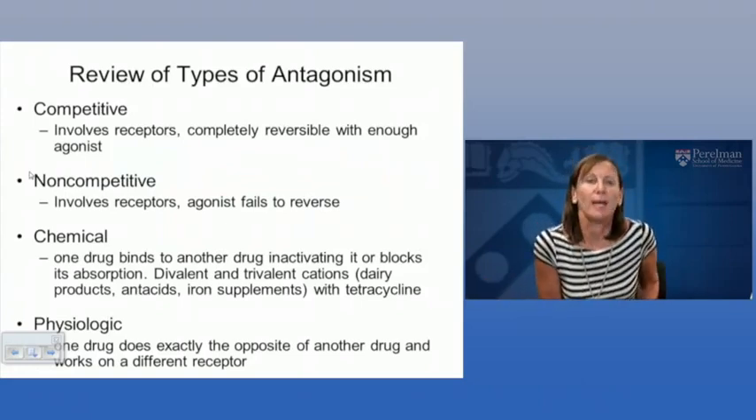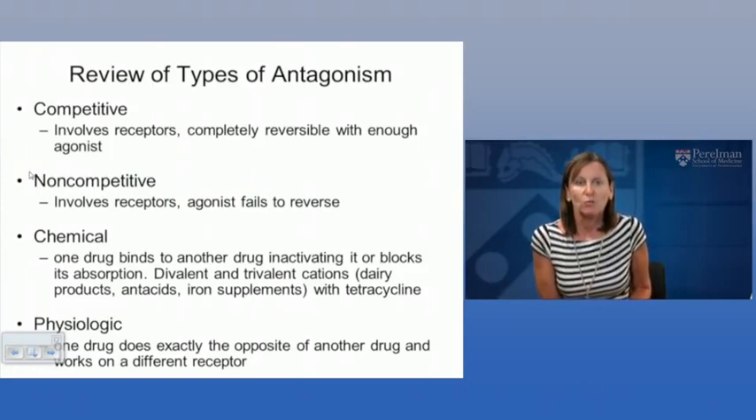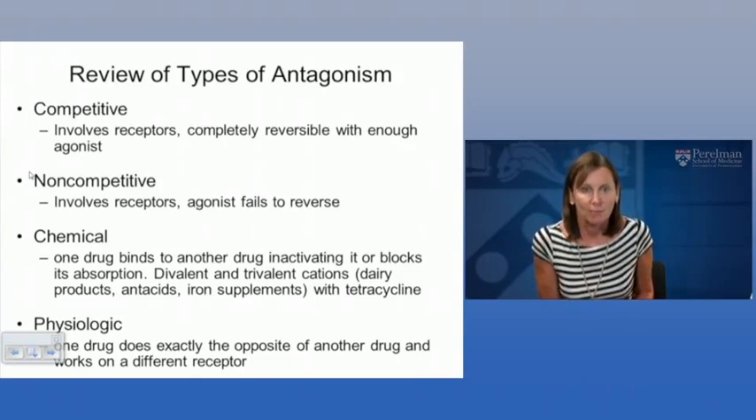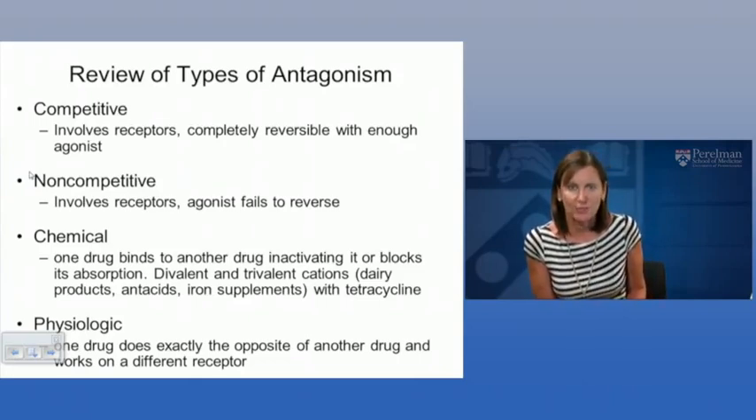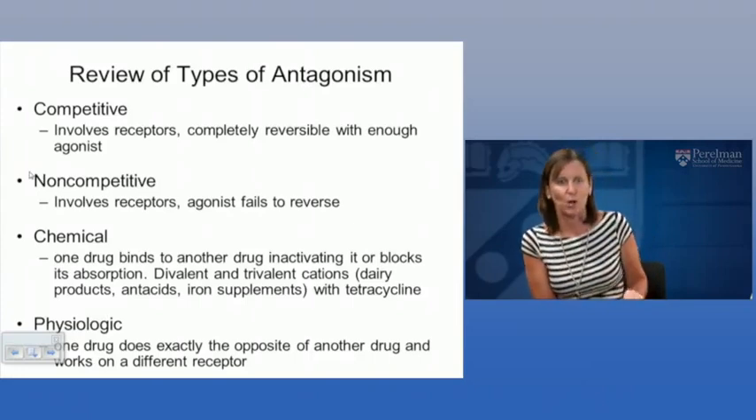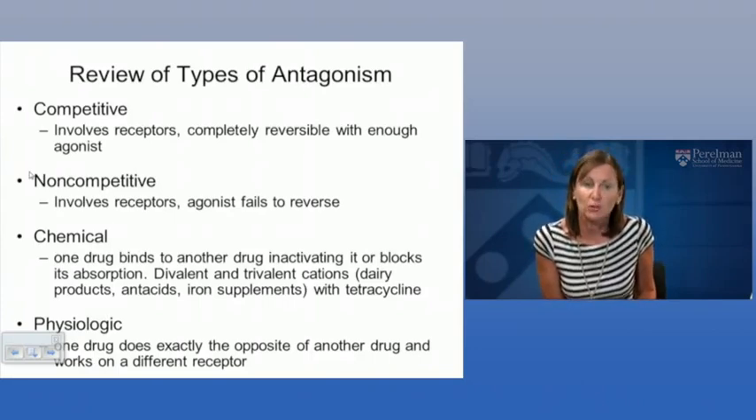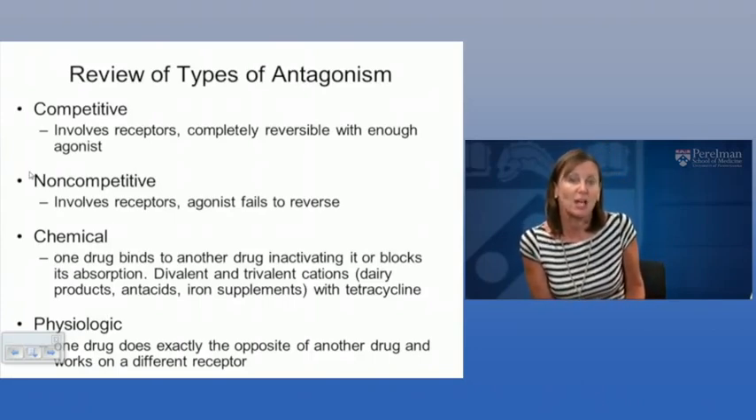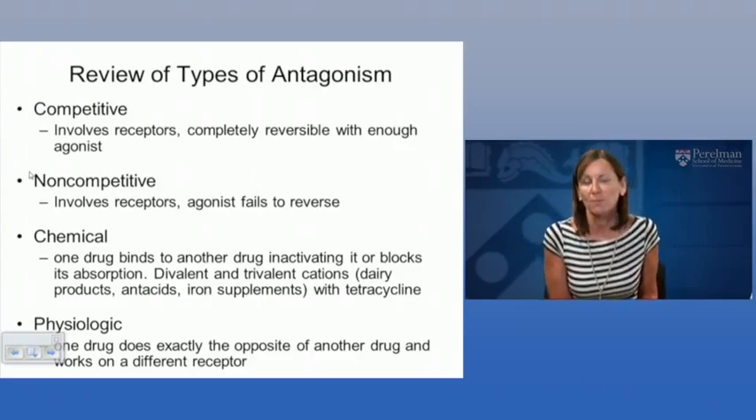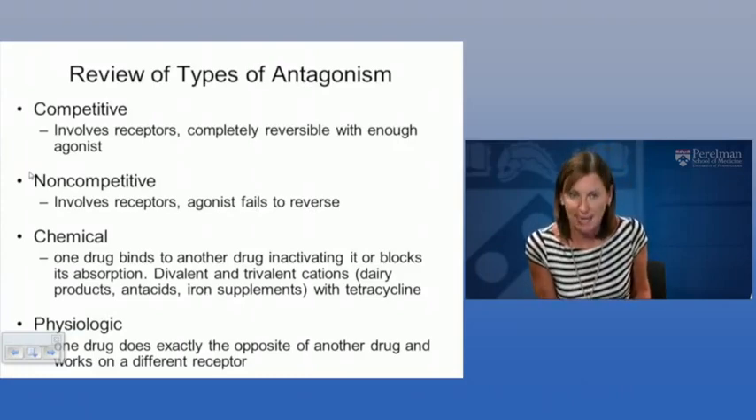So this leads into a discussion of the types of antagonism. We essentially have four different types of antagonism: competitive, non-competitive, chemical, and physiologic. And I'm going to start from the bottom and work my way up. So physiologic antagonism is defined as one drug doing exactly the opposite of another drug and works through a different receptor. You will recall that when we were talking about receptor signaling mechanisms, we used the example of a bee